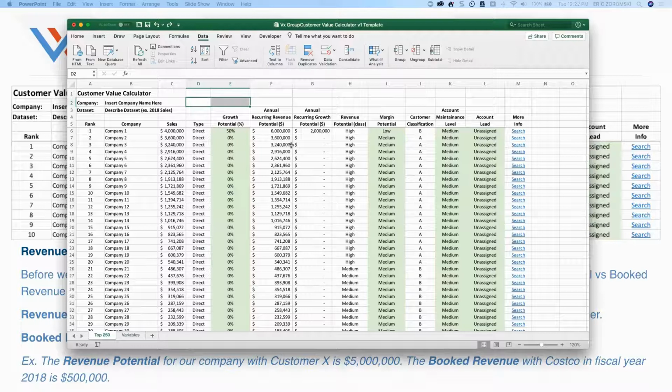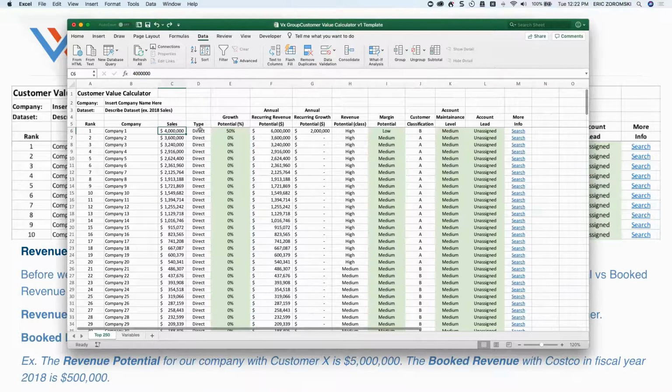This is really the worksheet, and it is showing this idea of growth potential. So if company one is a $4 million customer today, and we sit down with our sales team and say, we could grow that company over a year, over 2 years by another 50%, which would make them a $6 million customer. But you have to take into consideration that's recurring business. So if you take that 4 to 6, and they're a recurring customer, you're adding $2 million a year onto your revenue. And you did it.